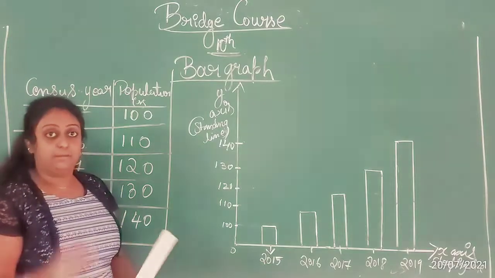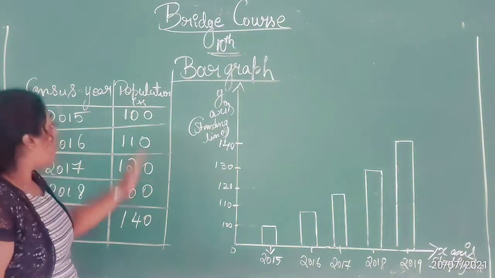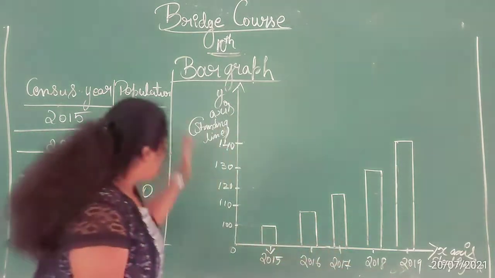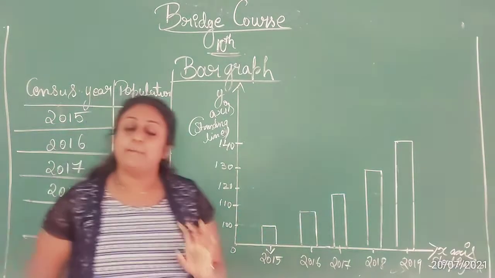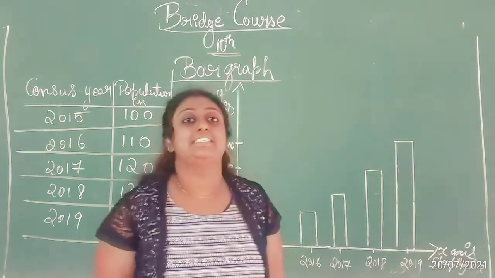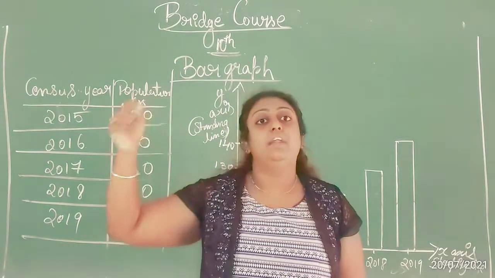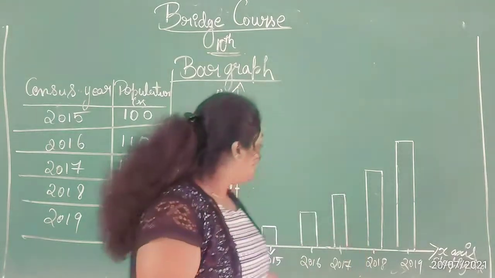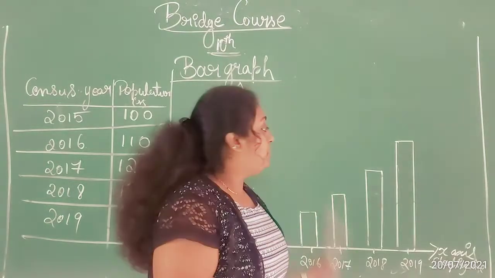See, whenever you get a bar graph, children, this is the thing you have to notice. First, your right hand side column will come to your x-axis. Your left hand side column will go to your y-axis. Then you will write the readings. In bar graphs there are also different shapes, and you can do those in your higher classes, because at that moment you will have the uses of it. Now you just remember how to draw your bar graph with respect to your values, where to plot it.